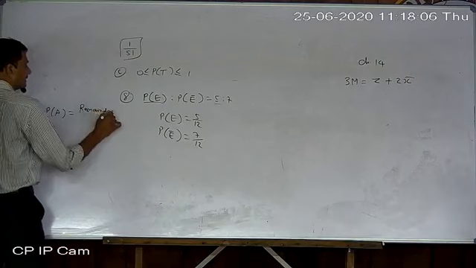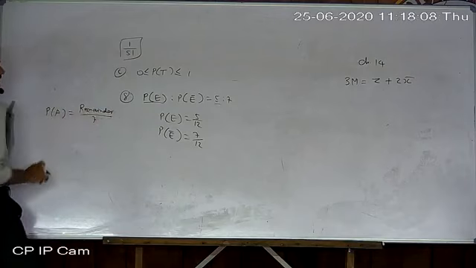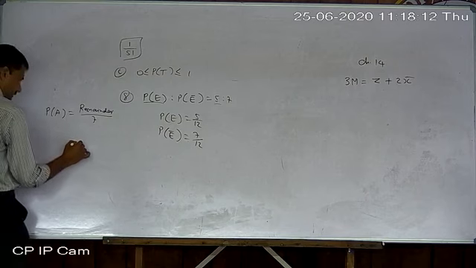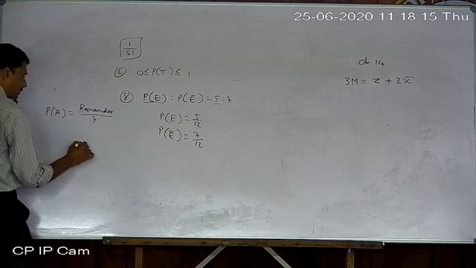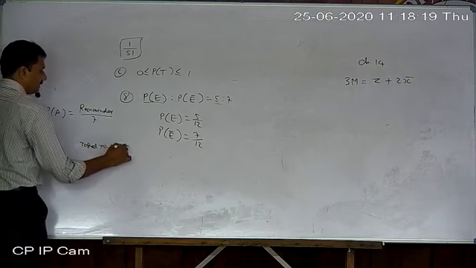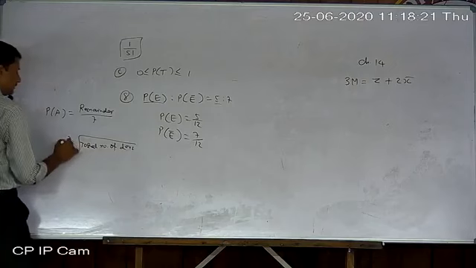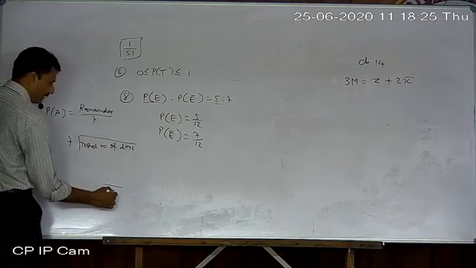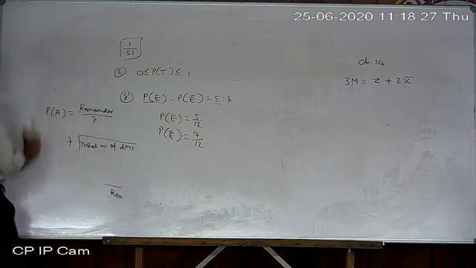7 will be fixed. You just need the remainder. But how to get the remainder? For that, you divide the total number of days by 7. The quotient is not important here. Whatever remainder you get, that is important, and that should be taken as the numerator.